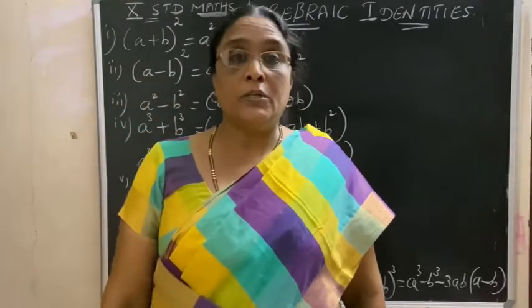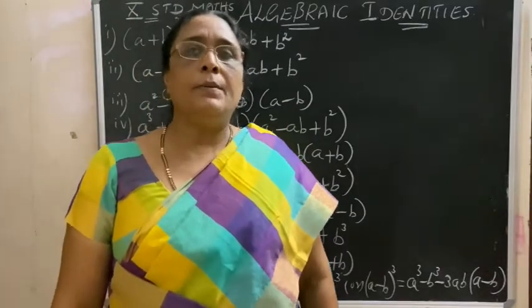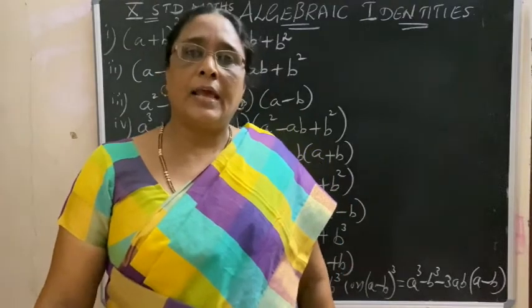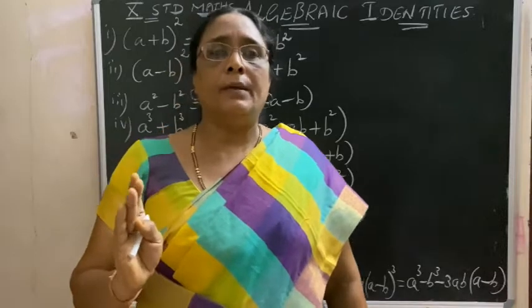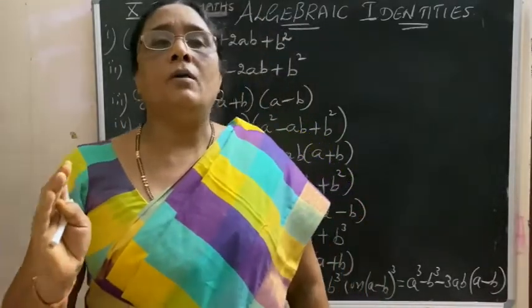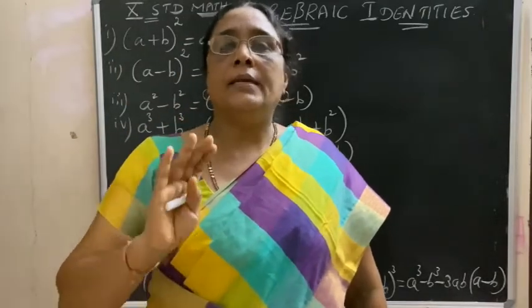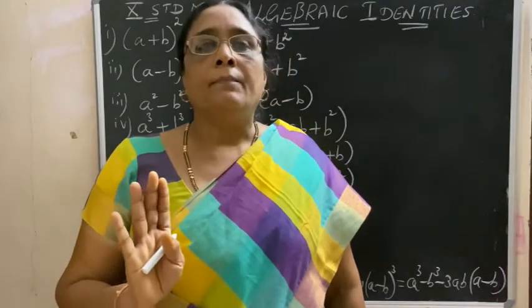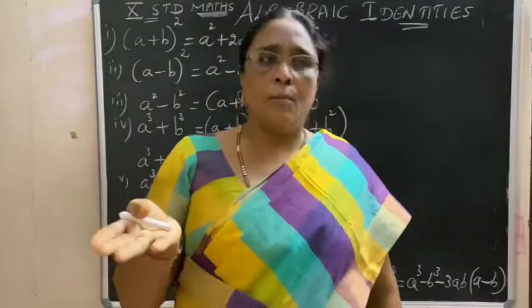Whether that is the expression or a quadratic polynomial, whatever it may be, after factorizing it, or after getting the expansion of the identities, whatever it may be, you have to find the common factors of all the given terms. That is the GCD. Okay, what is LCM? LCM is nothing but the common factors plus the uncommon factors.